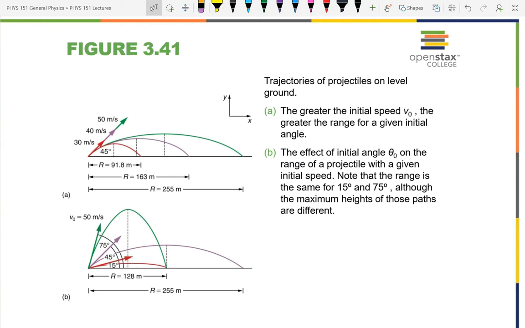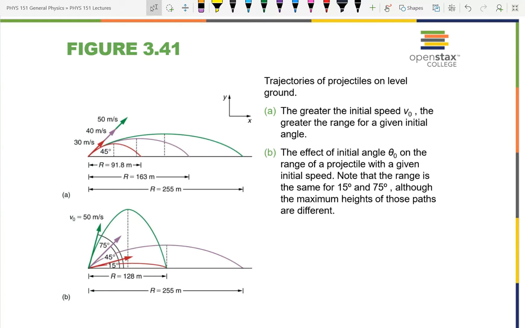There is, in your textbook, I think, a range equation. An equation that won't be on your test. The reason is that the range equation is specific only to if it starts and ends at the same elevation. In real life, that's not really realistic. But if it starts and ends at the same elevation, then you have a simple equation that you can plug in without going through all of the work. On the test, you won't have that equation.